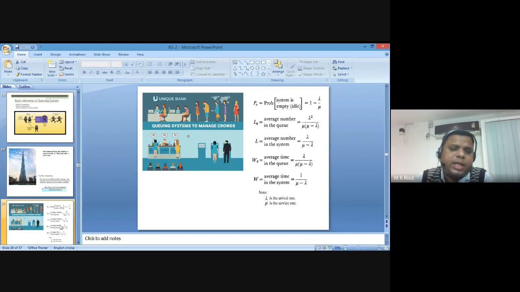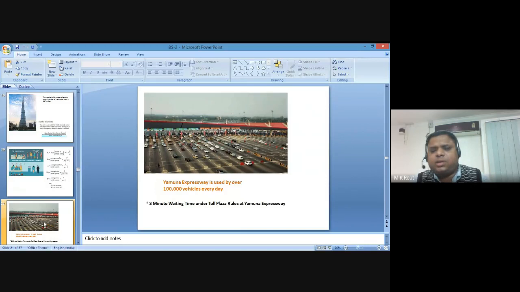In that way, they can manage the waiting line or the congestion in between more number of traffic intensity. I'll show the next case study. In case of India's costly road, which directly refers to the Yamuna Expressway, which connects places like Gurgaon to Agra, just imagine that in that particular expressway, in a particular day, around 1 lakh vehicles pass. So just imagine how the toll plazas operate and collect the fees or dues for those who are using this particular expressway.